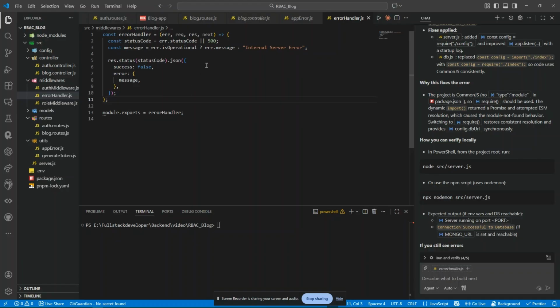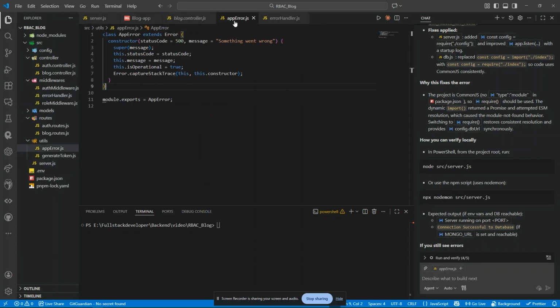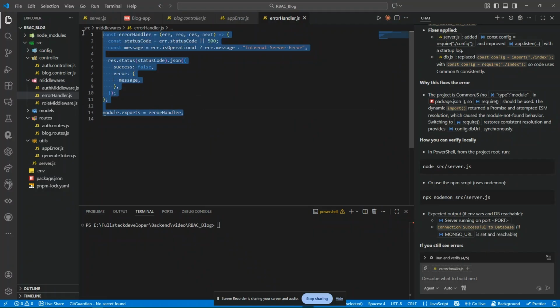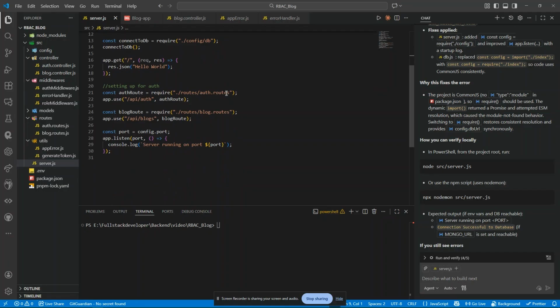Okay, and after that, let me just remove some of these over here. It's making a mess. And after creating a util file, I mean a class in a util file, a method for error handler middleware, we have to mount it at the end of all the routes. So we have to do it like this: